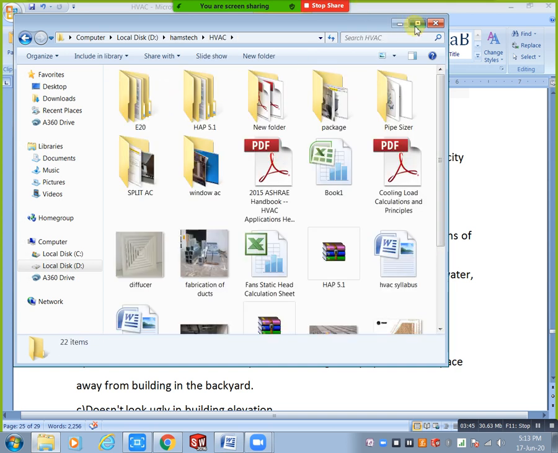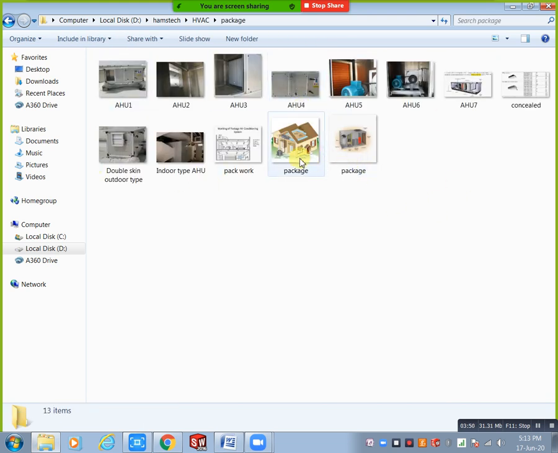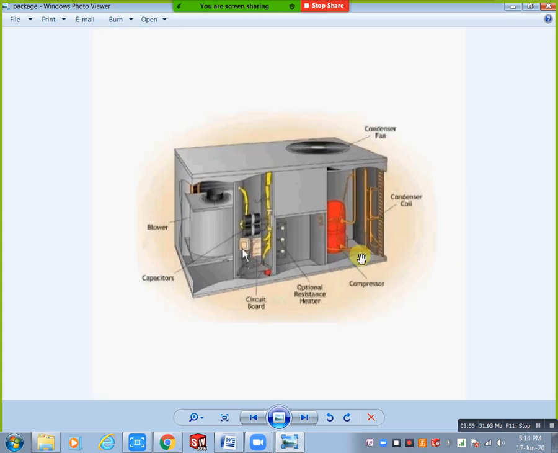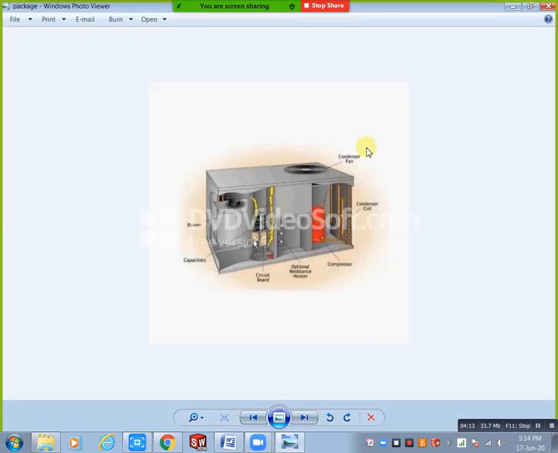Just you can see it here. For example, this is our package type. Completely our setup is one box. This is we consider as a package. Just see here. Here we have supply and here we have return. Directly we consider like this. This is only for setup purpose. You can consider this. Evaporator now. This is fan condition now. We can't connect to this end.